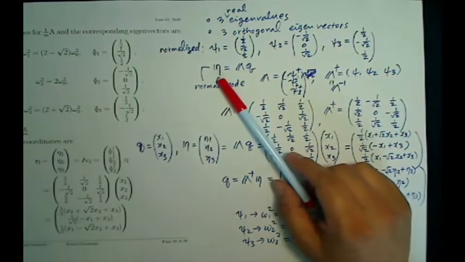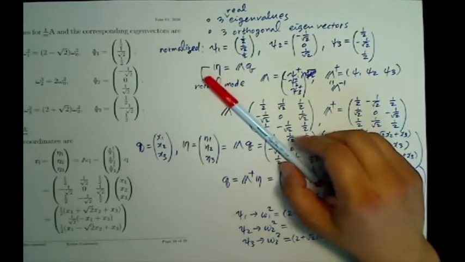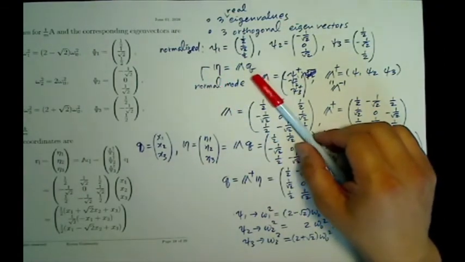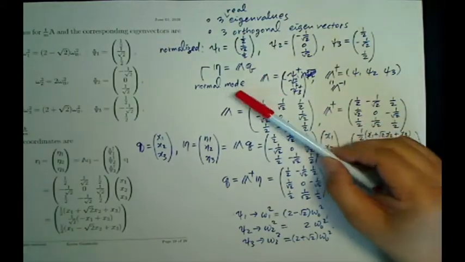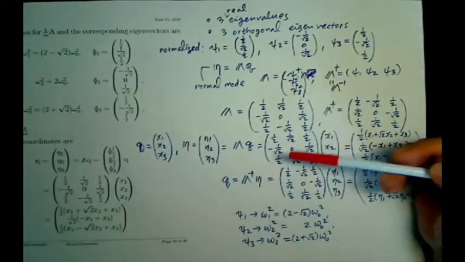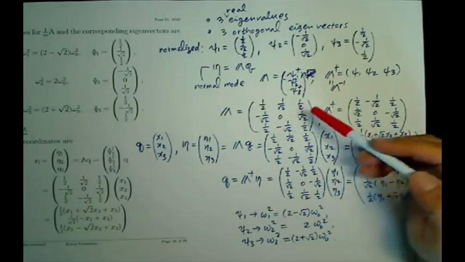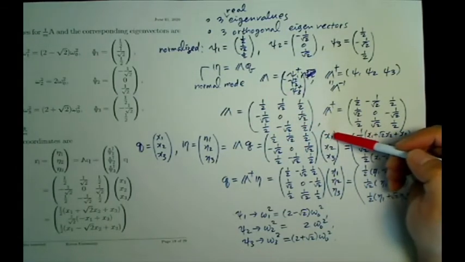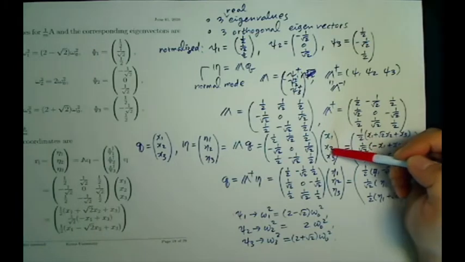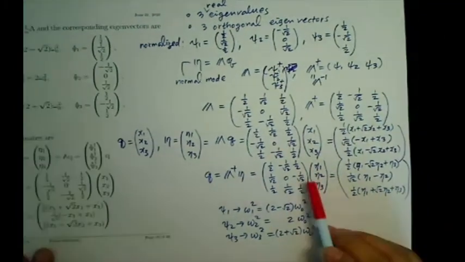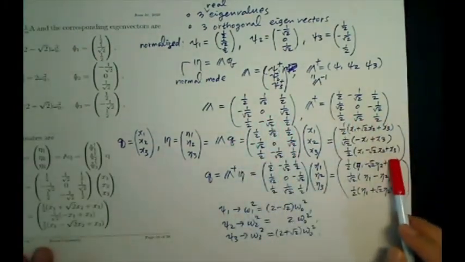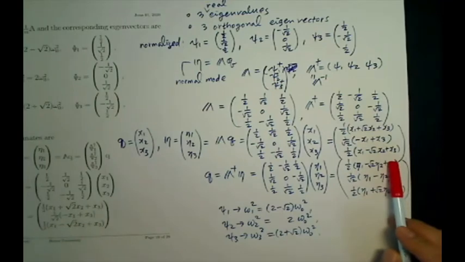Because the normal modes can be obtained by multiplying the matrix lambda to the generalized coordinates, we have three coordinates, so just multiply this transformation matrix lambda to the column vector consisting of x1, x2, and x3. The final result will be like that. Once you find out